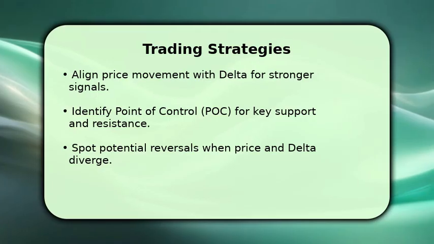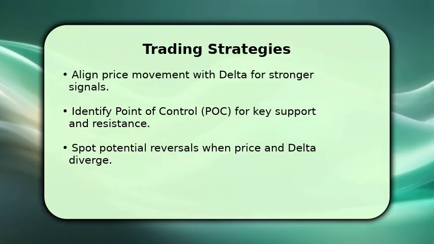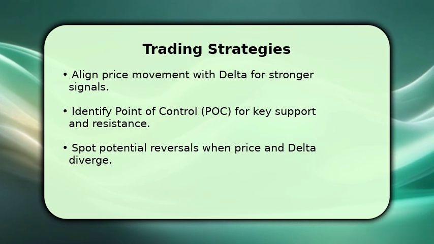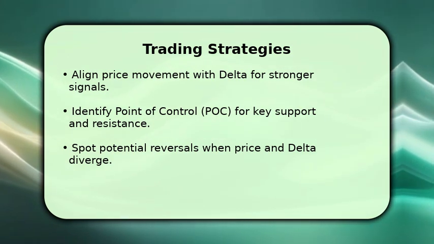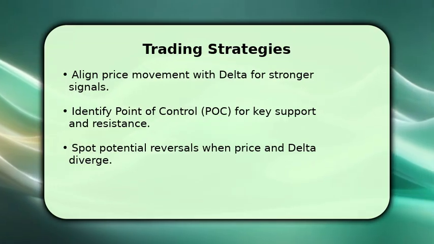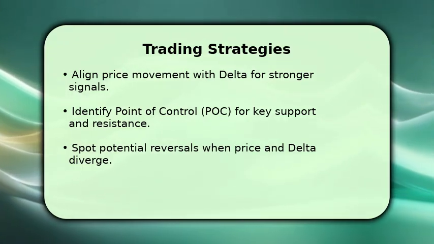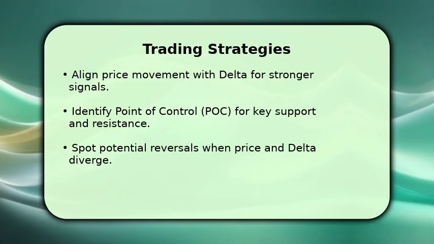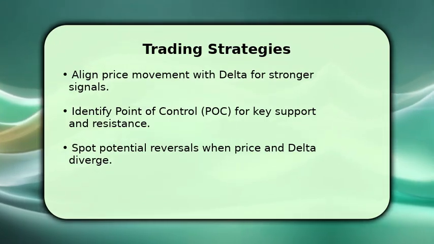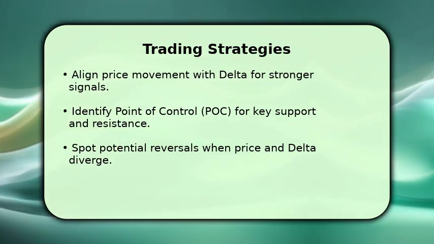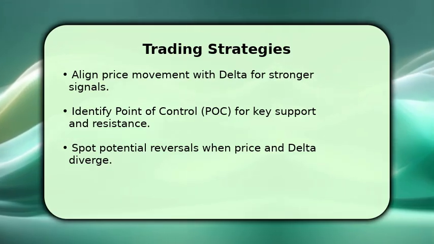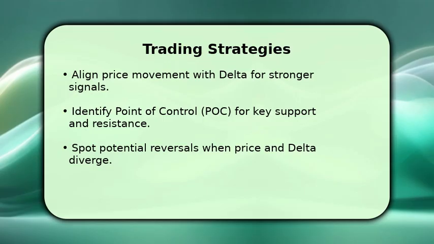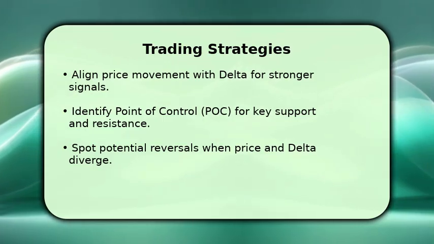Volume footprint charts are excellent for confirming trading strategies. Look for alignment between price movement and delta. For instance, an upward price move with a positive delta is a strong bullish signal. The point of control, or POC, highlights the price level with the most traded volume, often acting as significant support or resistance. Conversely, a divergence between price and delta can signal a potential market reversal, helping you refine entry and